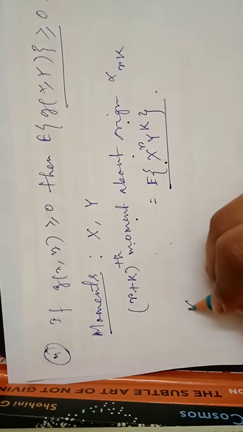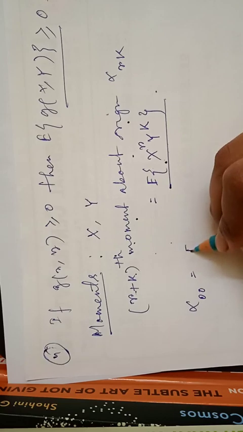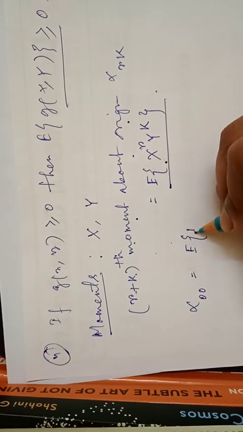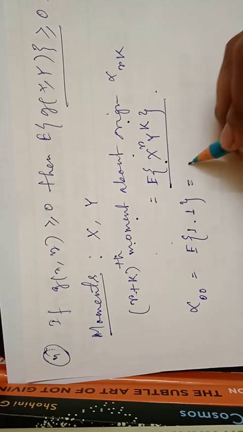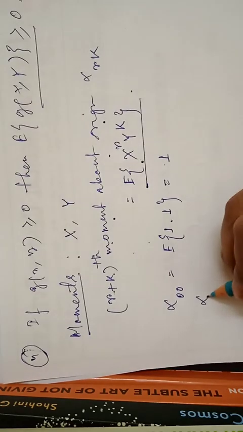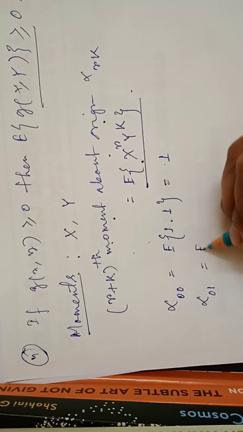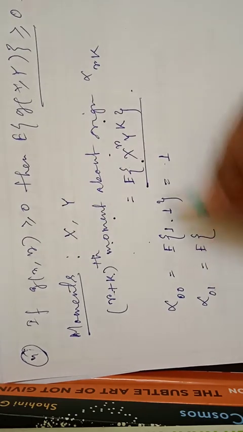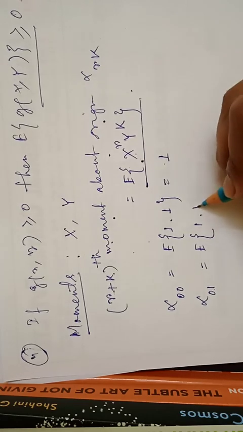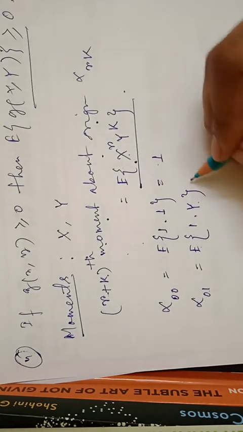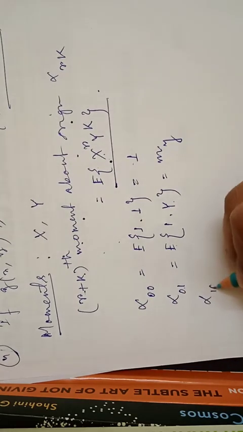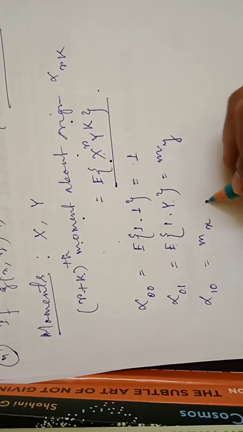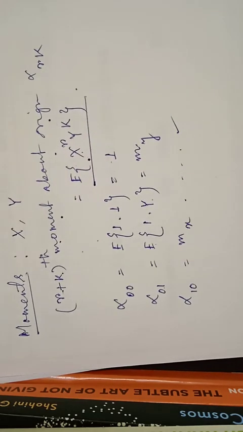Now clearly by putting different values of r and k, you will get the value of that moment. So if you put both at 0, that is alpha_00, that means the expectation of x to the power 0, which is 1, into y to the power 0, which is again 1. So the expectation of 1 is 1. Next alpha_01, that is the expectation of x to the power 0, which is 1, into y to the power 1, that is the expectation of y. We can denote it m_y. Similarly alpha_10 will be m_x, and so on. Okay, now next thing is,